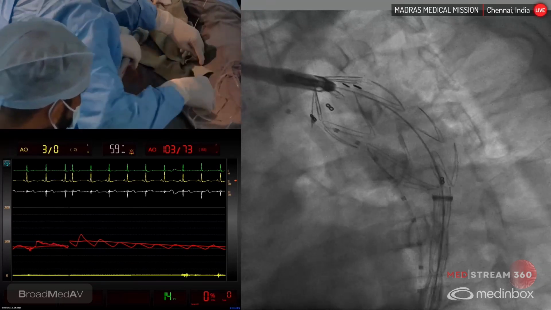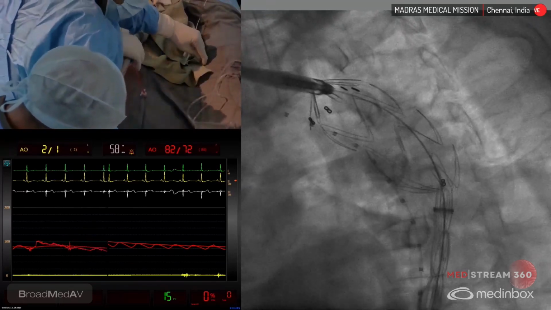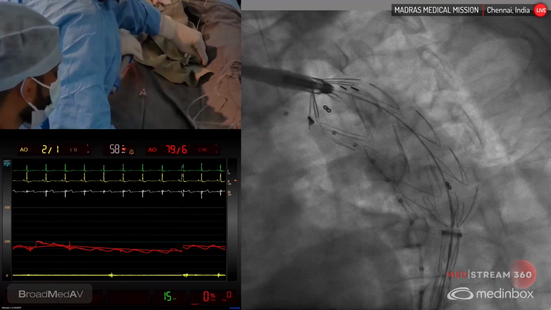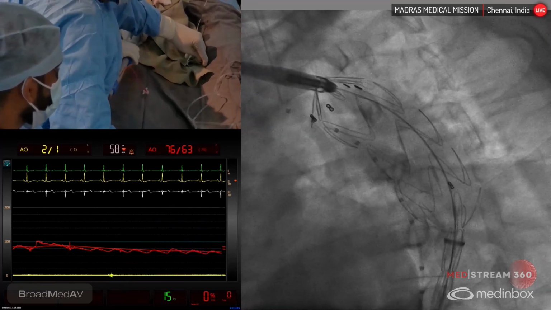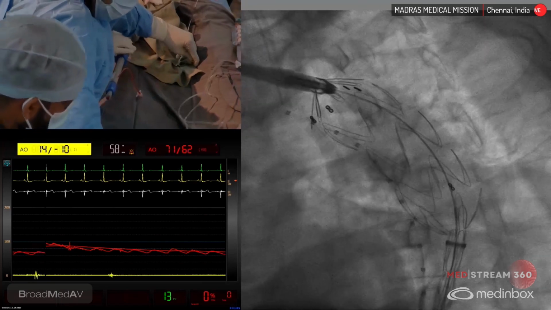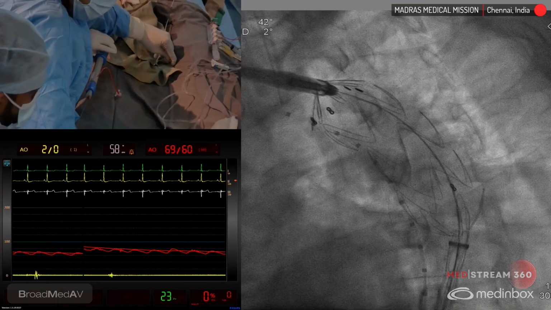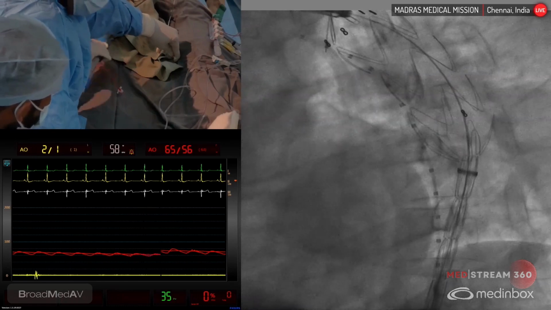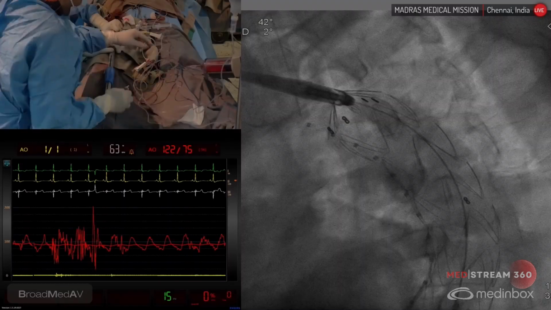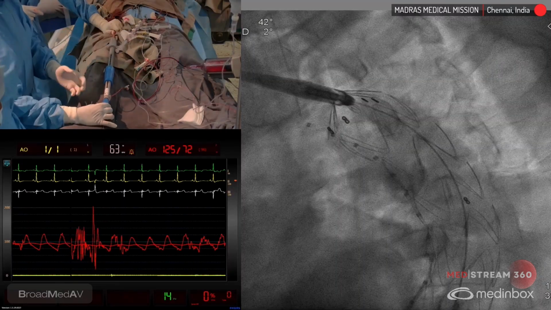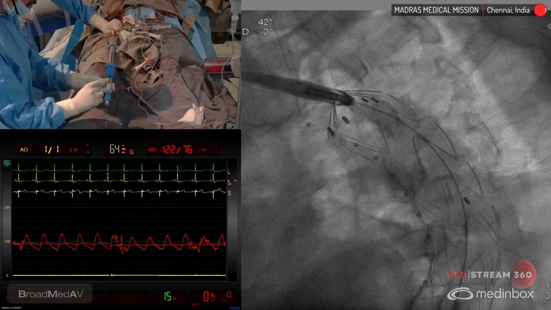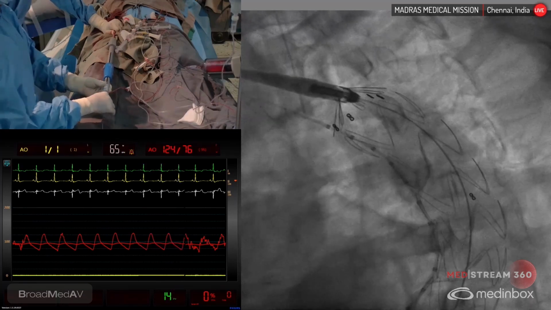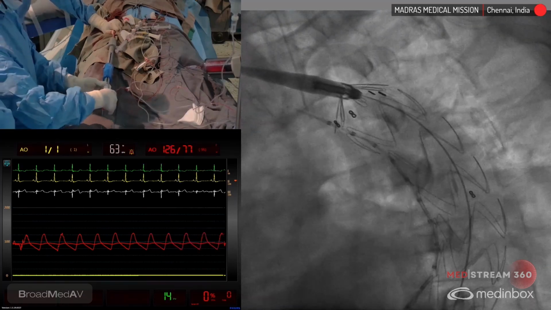There are 2 ways of deploying this stent. One is you can keep rotating this blue anti-clockwise, or if you want rapid deployment, you can pull this trigger back so that it will get deployed. But we prefer to deploy it slowly. So now we are going to release the nose cone. You can observe the nose cone. It will slowly get